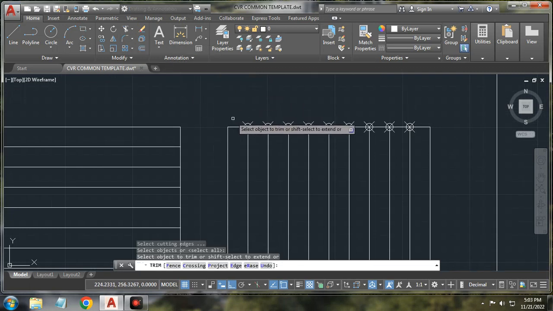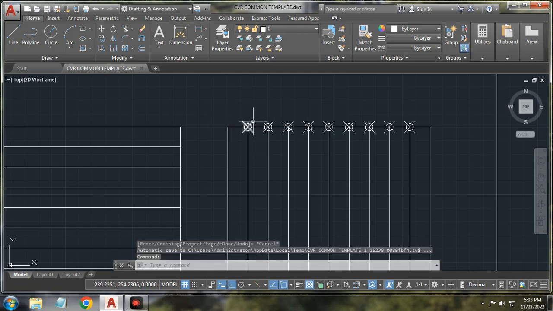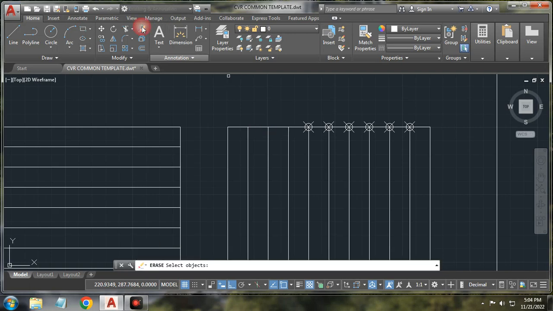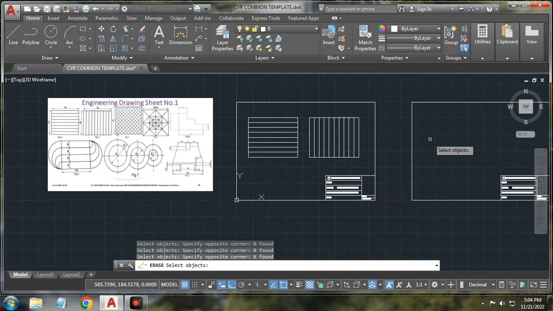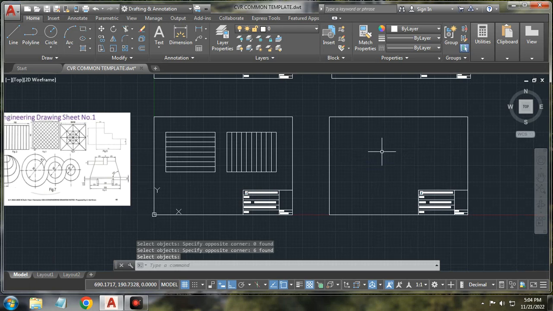Then you can directly select it and click on erase, or else click on the erase option. Erase, it will ask to select the objects. Directly I can select those objects. So it will be erased completely. Then coming out of the command, next I have to draw a